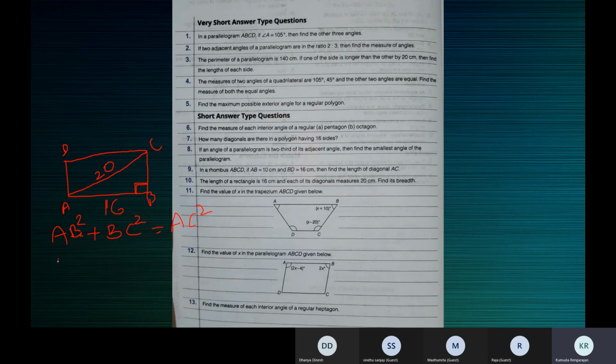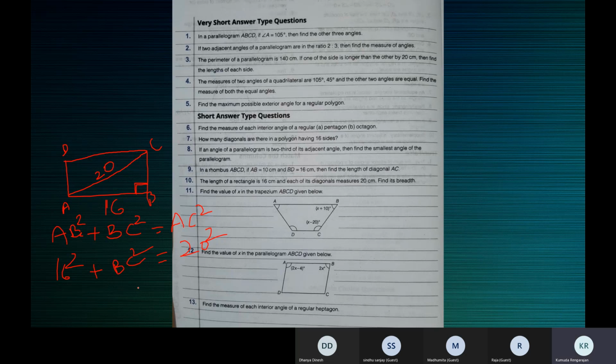So 16 square plus BC square, we don't know, so write it as it is, is equal to AC square, that is 20 square. Now you have to solve this. 16 square is 256. 20 square is 400. So 400 minus 256 is 144. BC square is 144. BC is equal to,